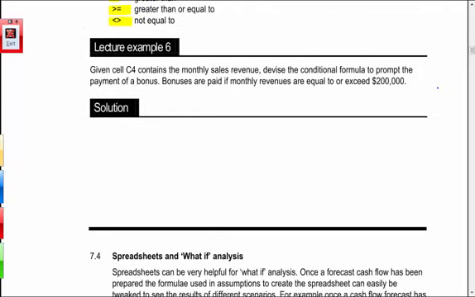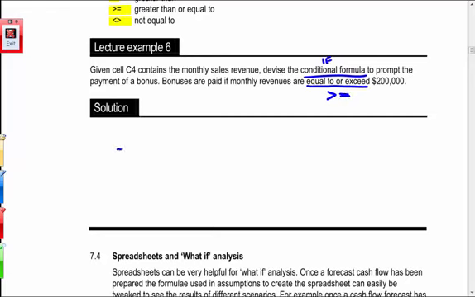In example 6 then, we need to use one of those if statements for conditions. So what we have to do is devise the conditional formulae, the so-called if it's true statement, to prompt the payment of a bonus. So bonuses are paid if monthly revenues are equal to or exceed, so greater than or equal to,